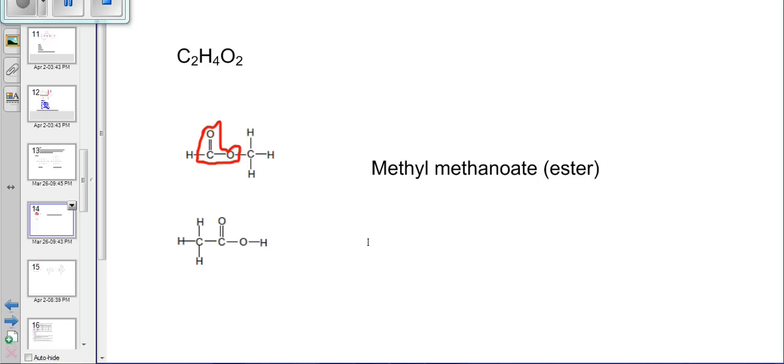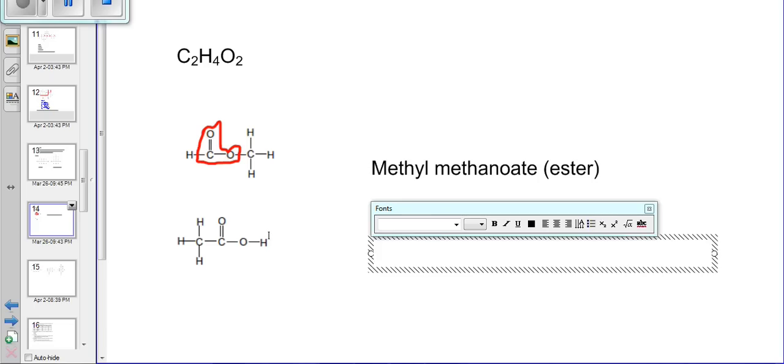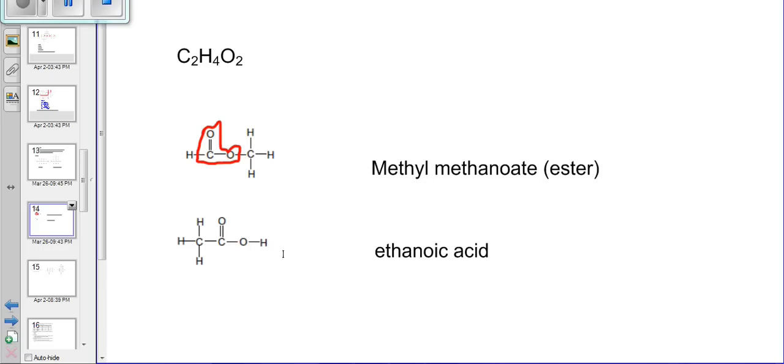And if you look at this example here, you see we've got 2 carbons, so it's eth, and then we've got C double bond O single bond OH. So it has this piece here, double bond O single bond OH. So it's a carboxylic acid. So this will be ethanoic acid. So if you look at this here, we see that methyl methanoate and ethanoic acid are both isomers because they have the same molecular formula C2H4O2, but they have different structural formula.